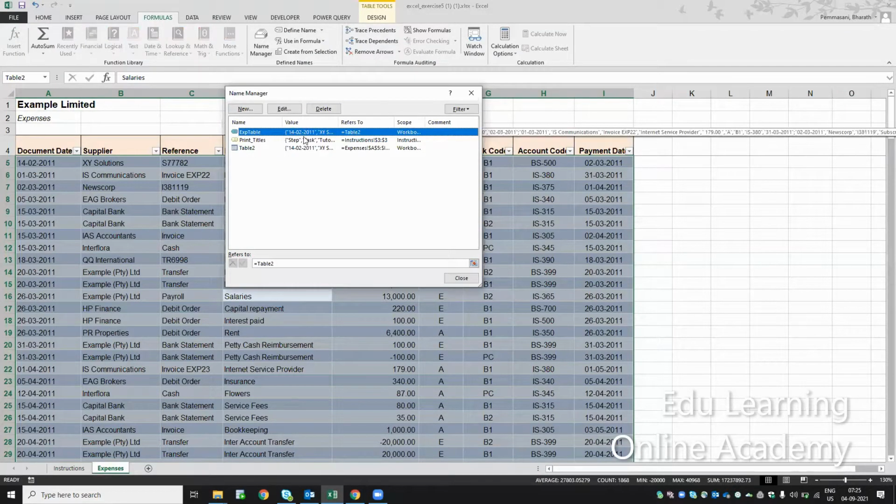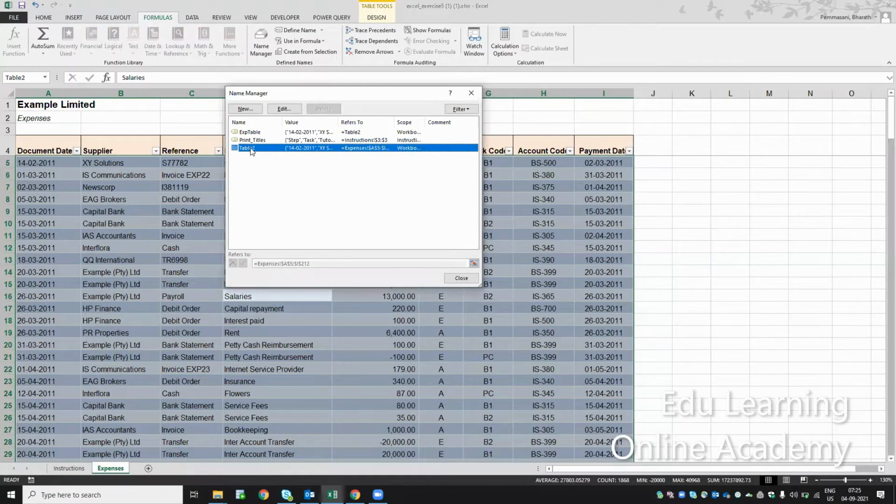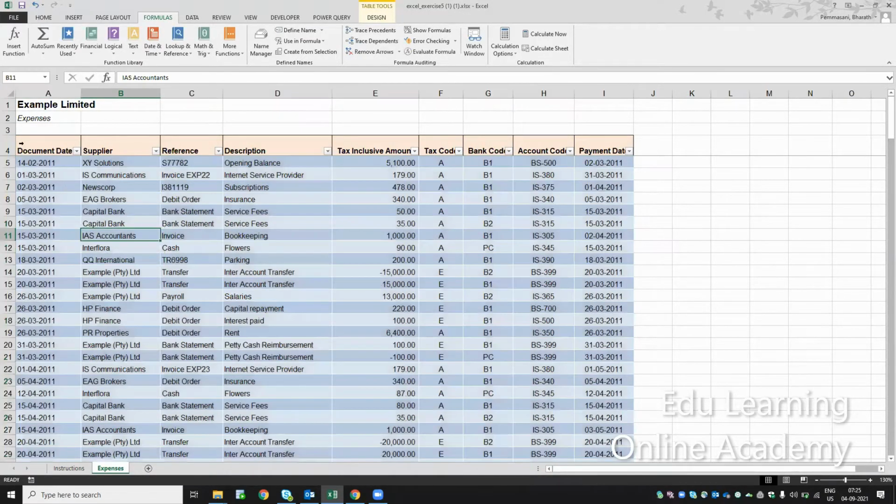So we have exp table. Exp table is the reference of this one.